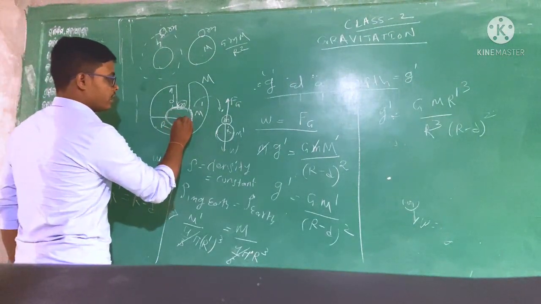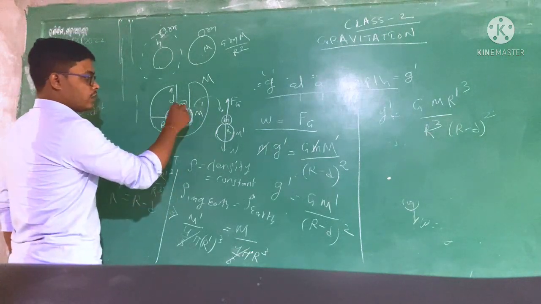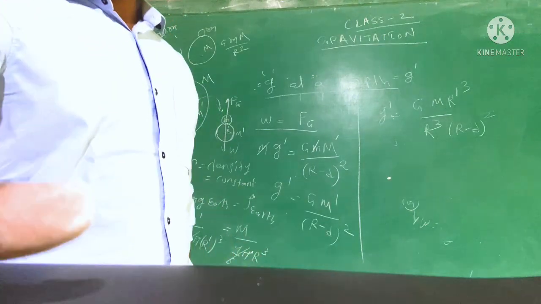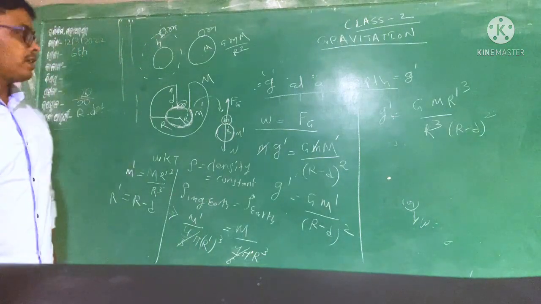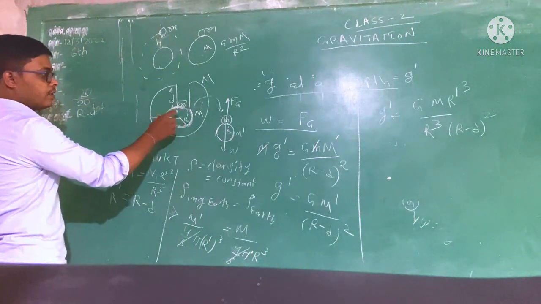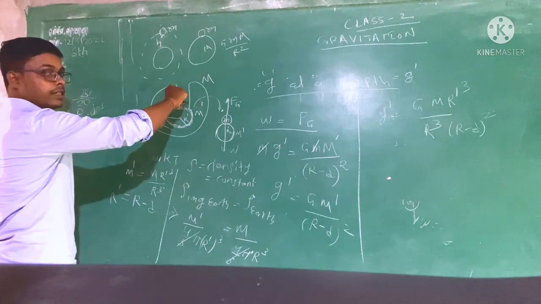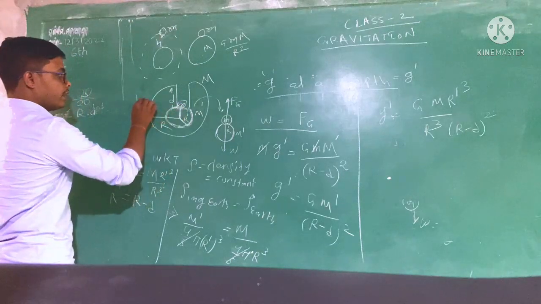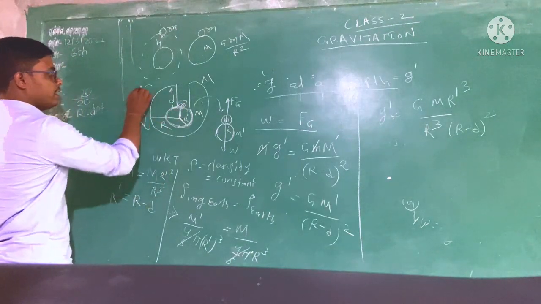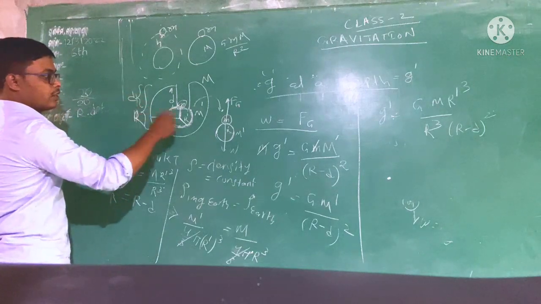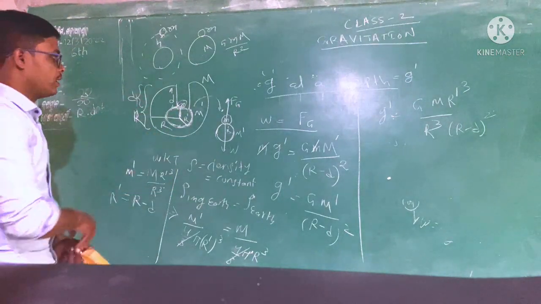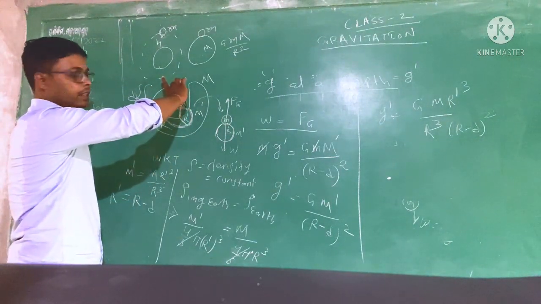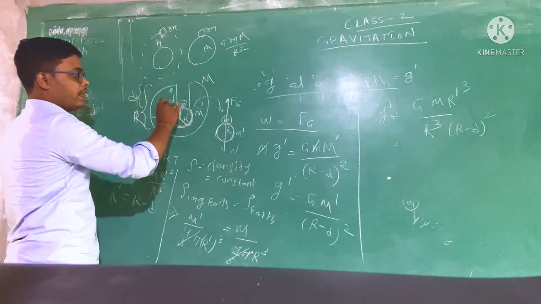If we look at the diagram, what is R dash? This one is R dash, correct? This one is R dash, this one R dash, this one is R dash, this is R and this one is d, right? So this one is your R dash, this one is your R and this one is d. So R dash equal to capital R minus small d. This one is R and this depth is d.